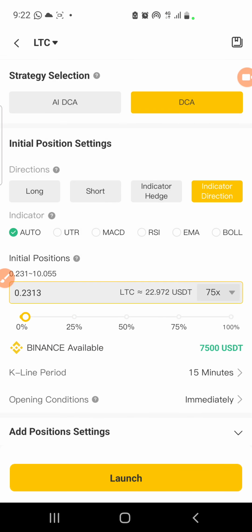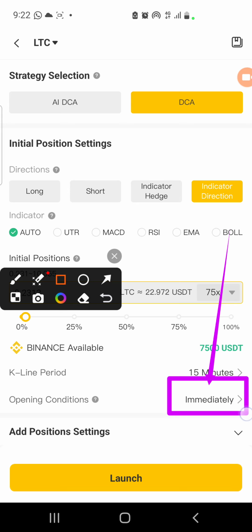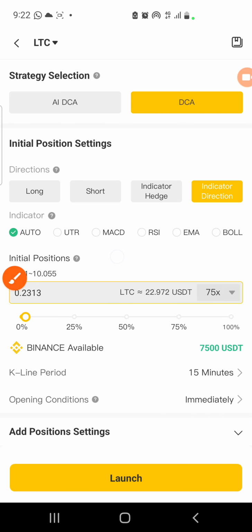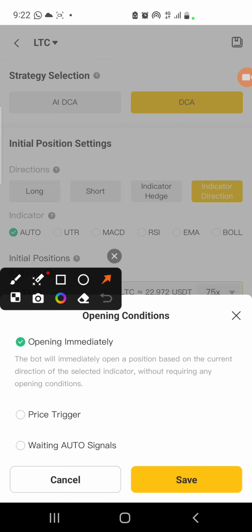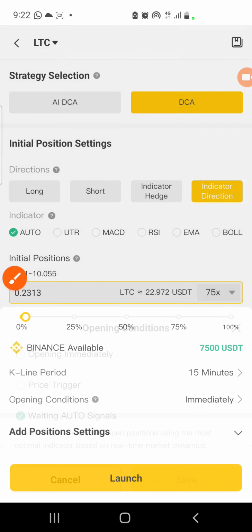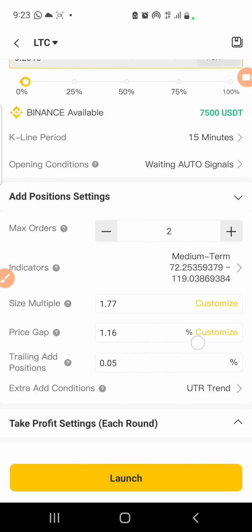Yes? After saving, the next entity that we edit is this one where you see immediately. So click exactly on immediately to set the opening conditions. Make sure that you select from opening immediately to now waiting auto direction, and after doing so you save. You understand? So after saving, scroll down here